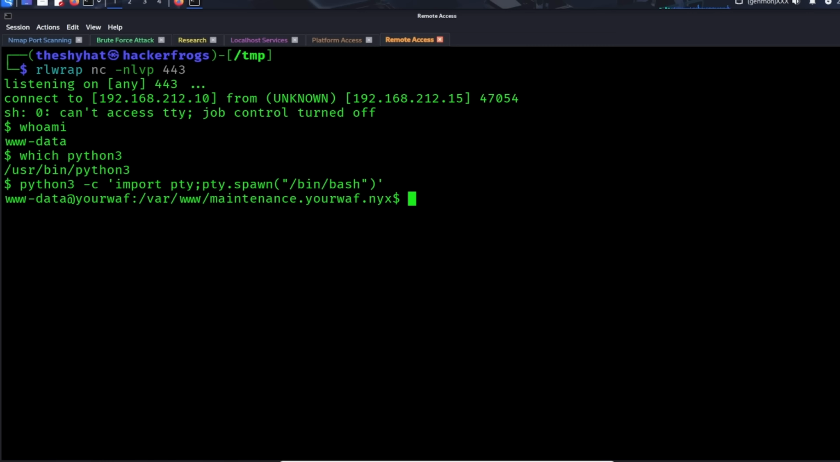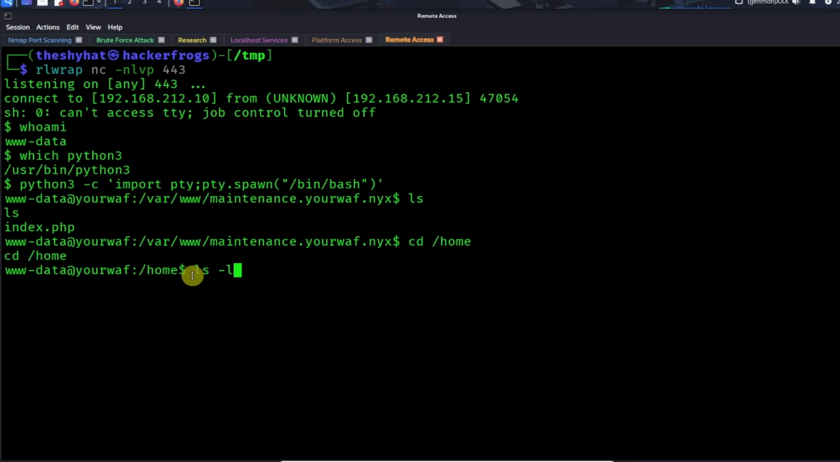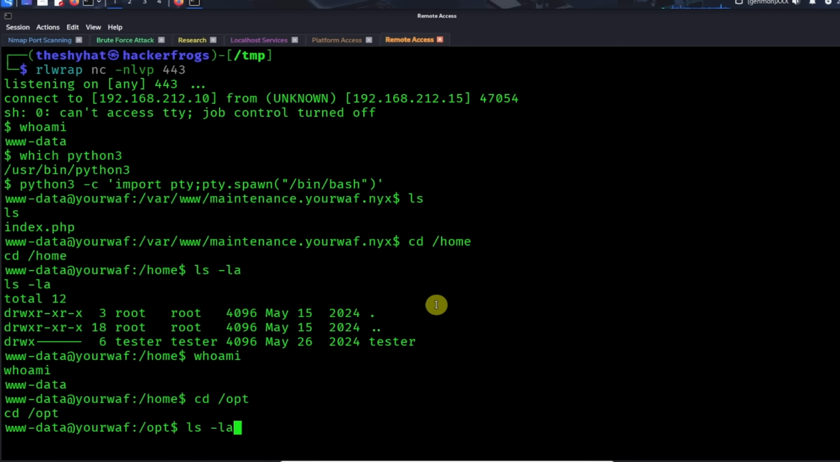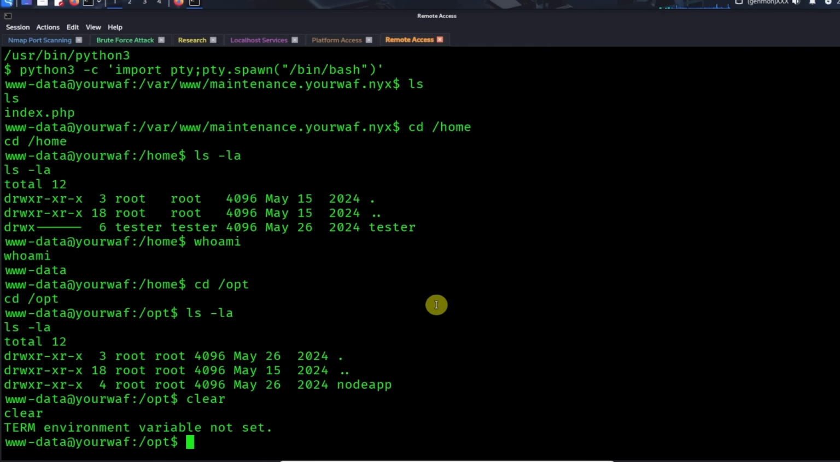Okay, so now we're in. We just need to figure out what we're going to be doing next. So if we take a look at what we've got, we can do a bunch of different techniques for trying to figure out how to do our privilege escalation on the system. If we go over to the home directory, we can see that there's another user on the box called the tester user. We're currently running as the www-data user, and if we go over to the opt directory, which has optional software,